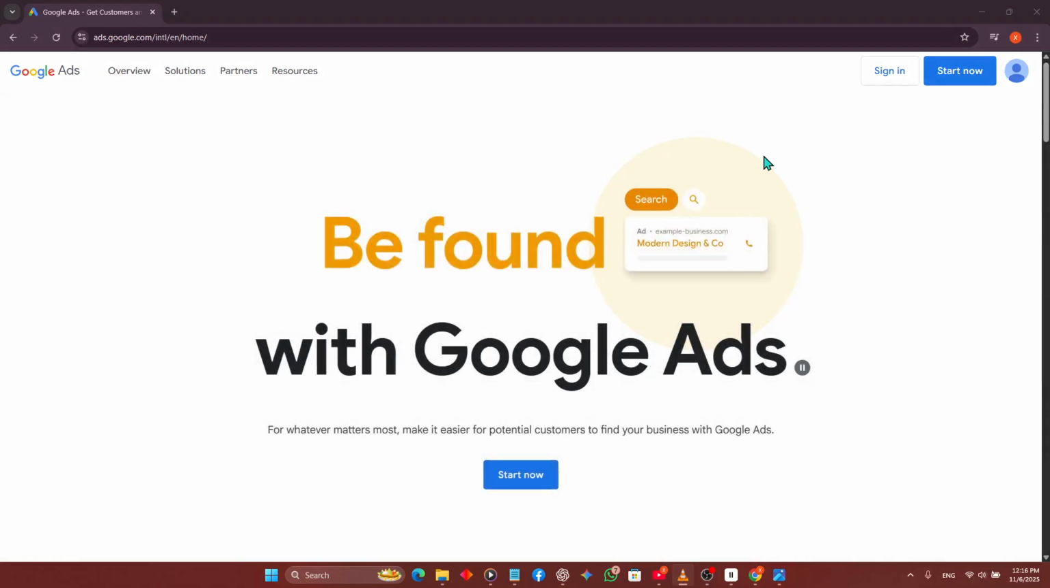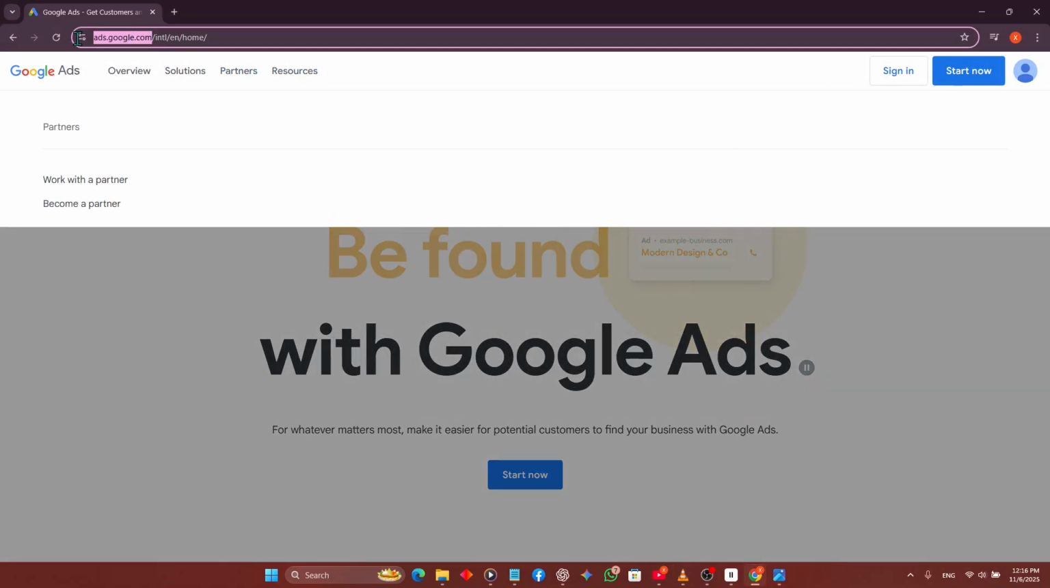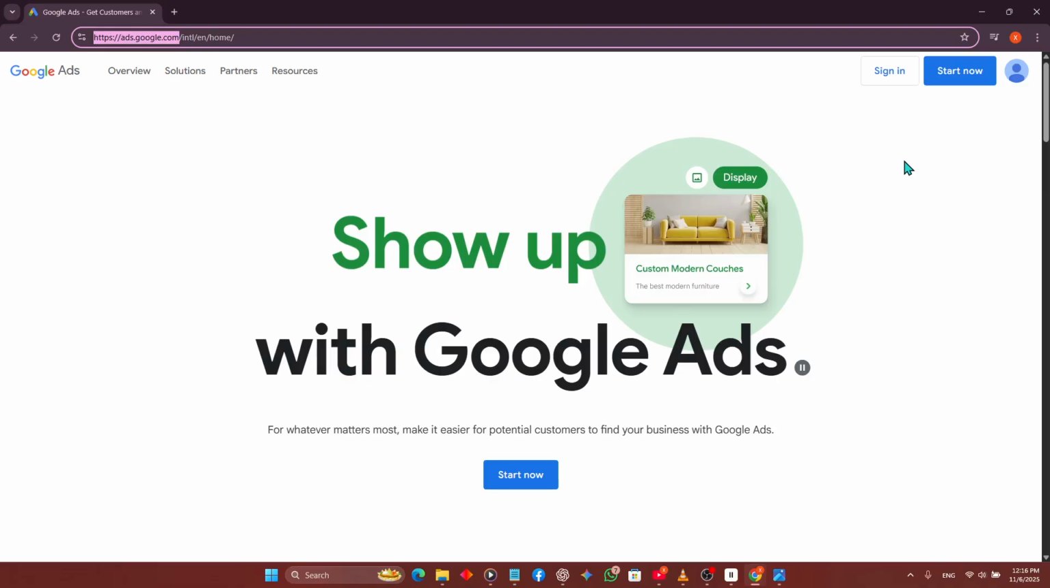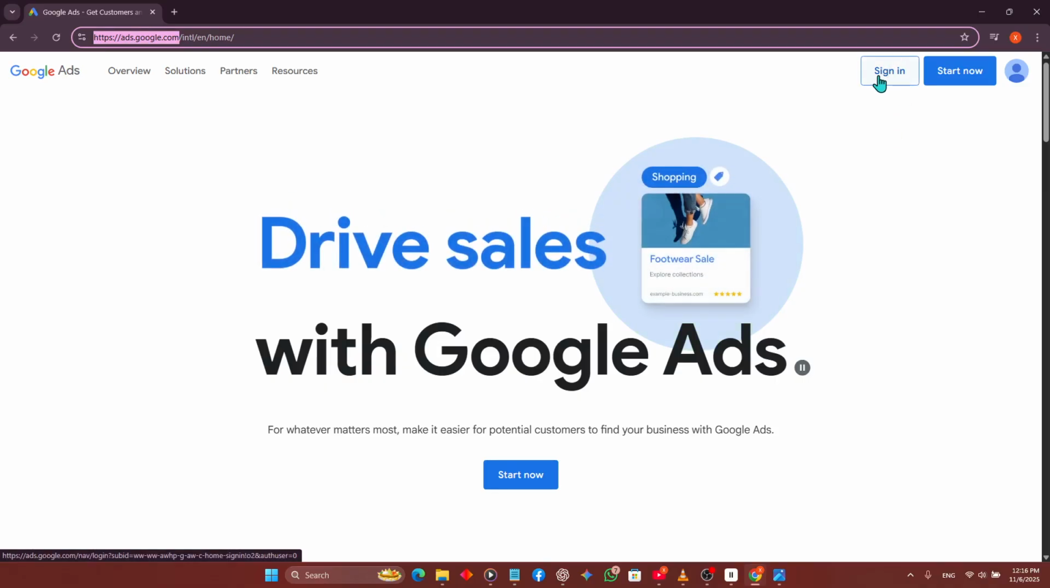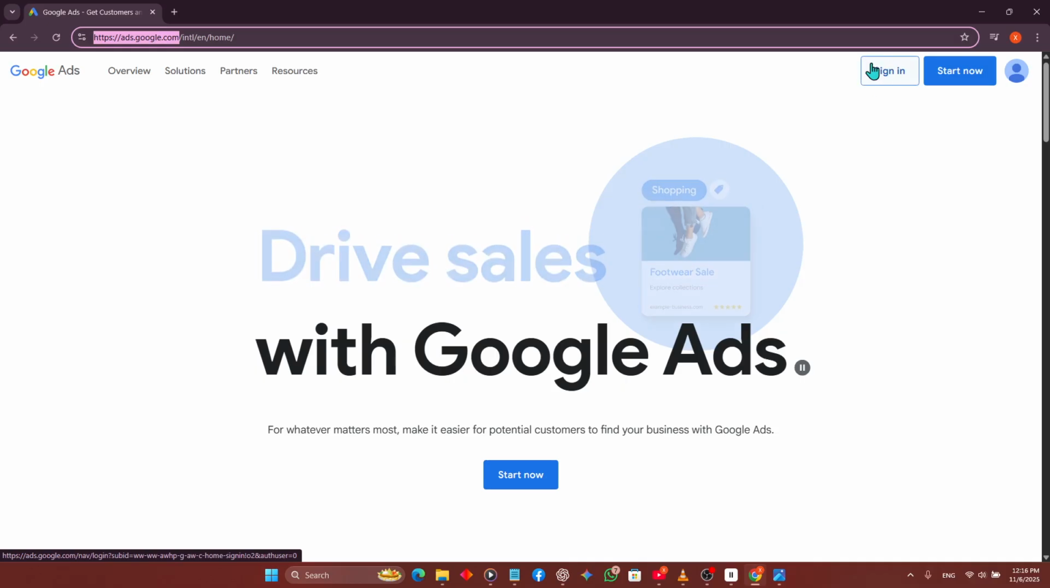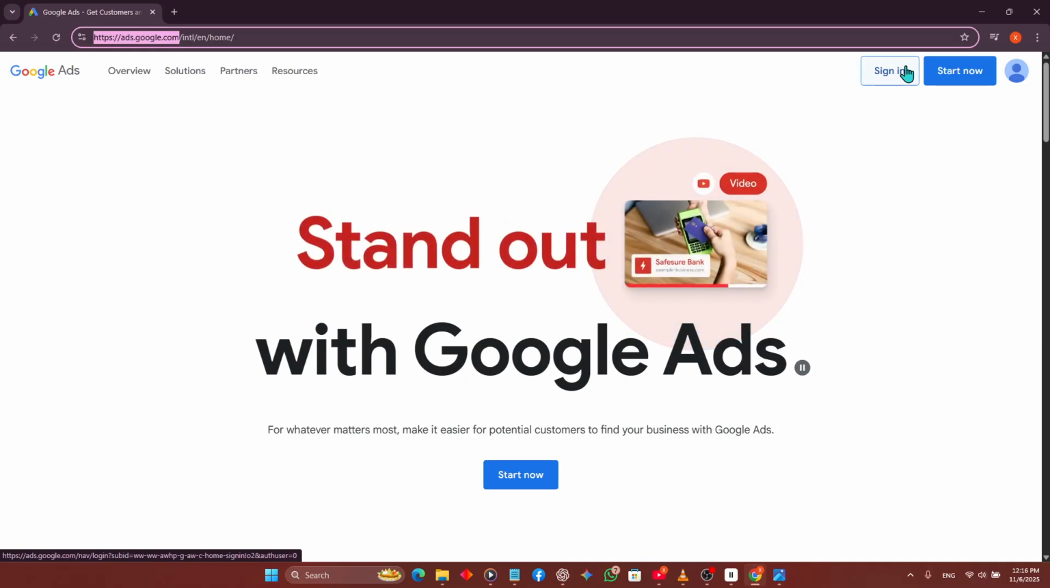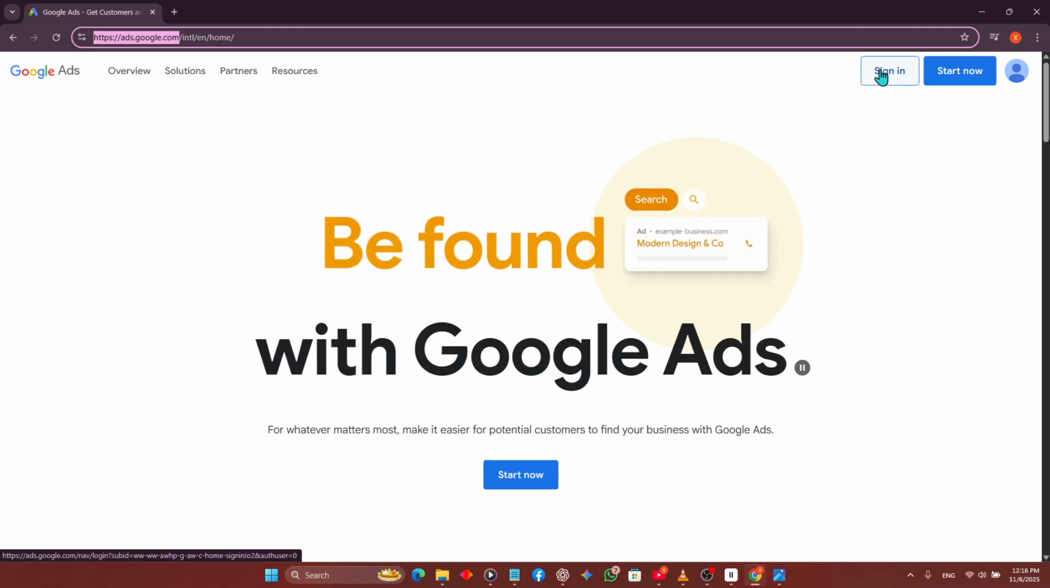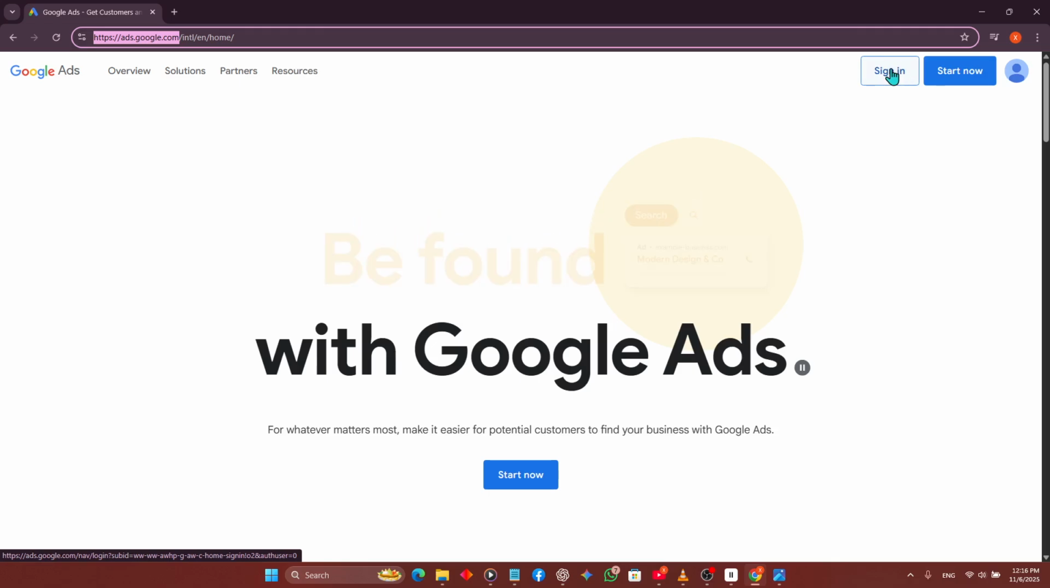Start by opening your browser and heading to ads.google.com. Once you're on the Google Ads homepage, click the Sign In button in the top right corner. Enter the Google account credentials connected to your ads account. If you manage multiple Google accounts, make sure to select the one linked to your campaign so you can access